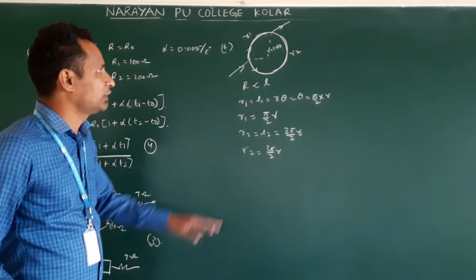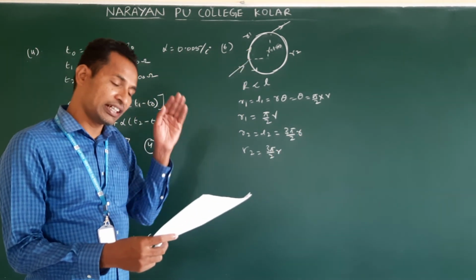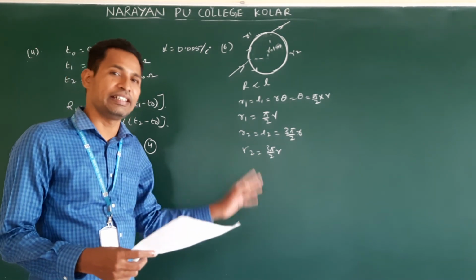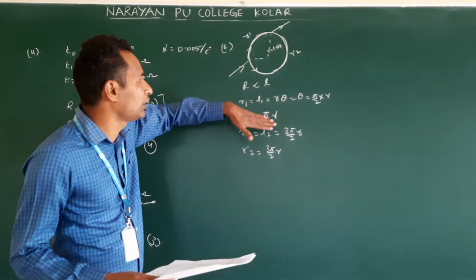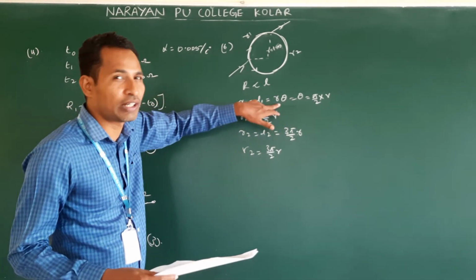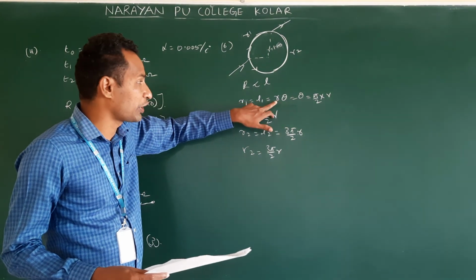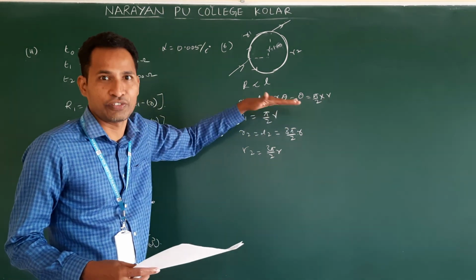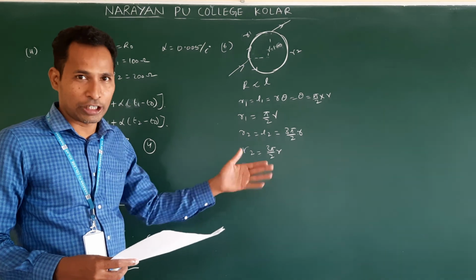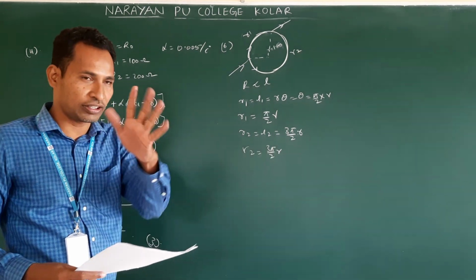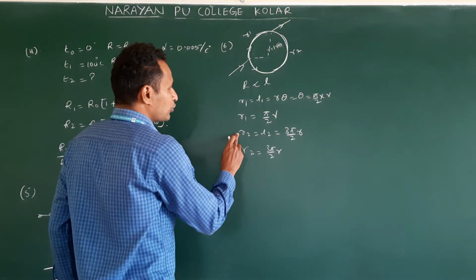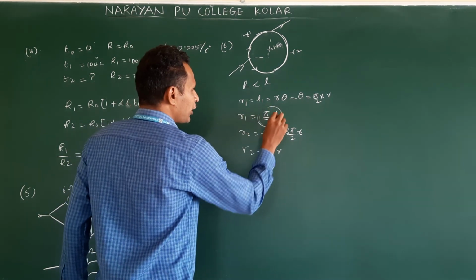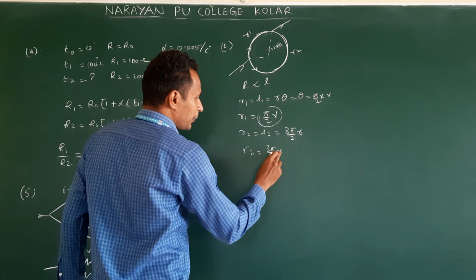Don't be confused here. In the question, they mention resistance per meter and also the radius. Simply, based on the equation, when we use 1 ohm, 1 meter, if you think clearly, they give a question like this to have a conclusion. You do not confuse. Clear? Now R1 value is pi R by 2, and R2 value is 3 pi R by 2.